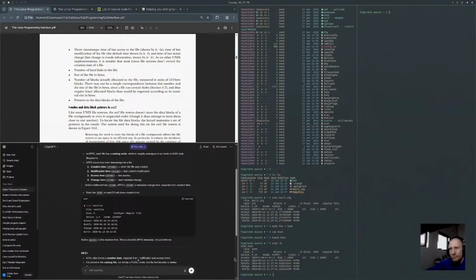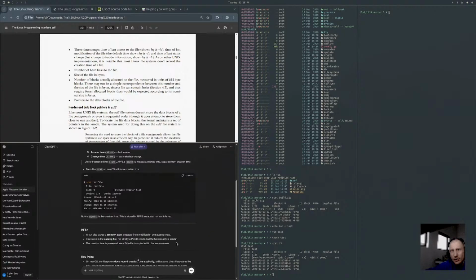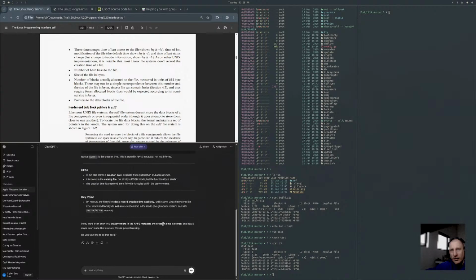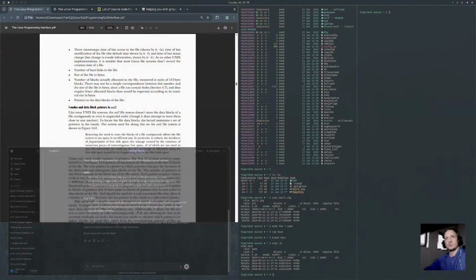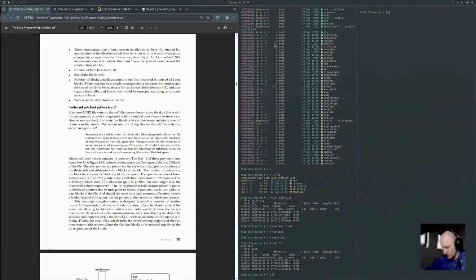Okay, there is a birth time. I guess it's not in the inode table. Yeah. Okay, so this is an outdated part of the book, I guess.